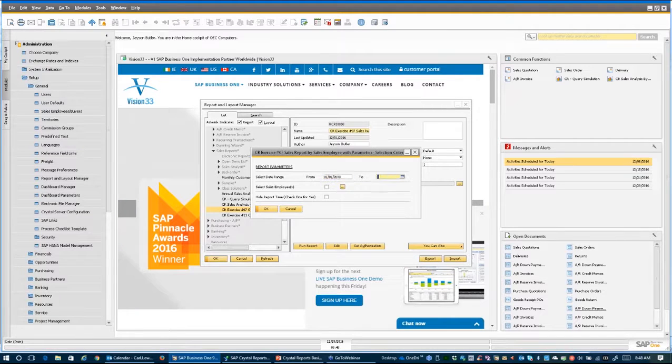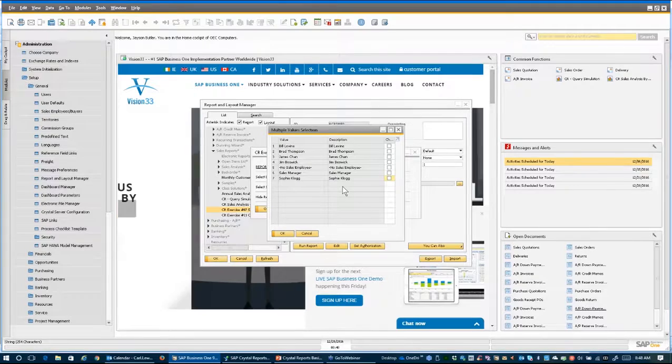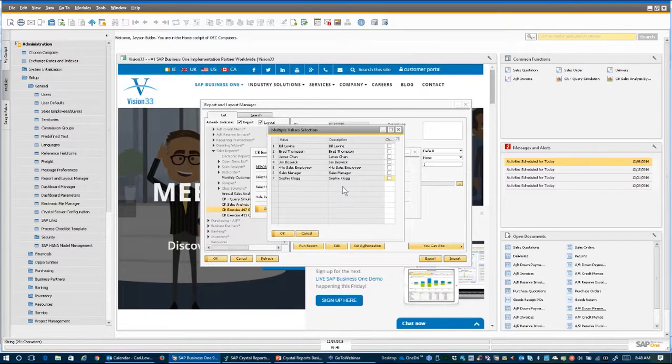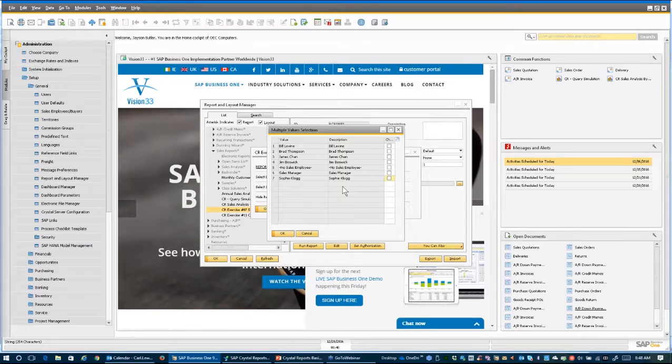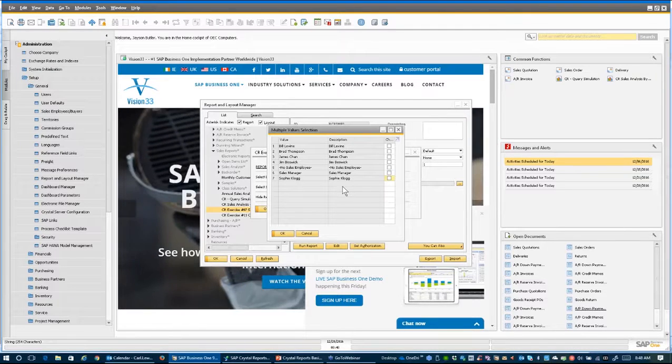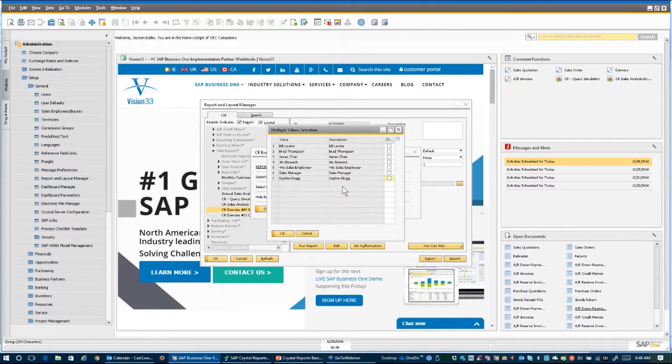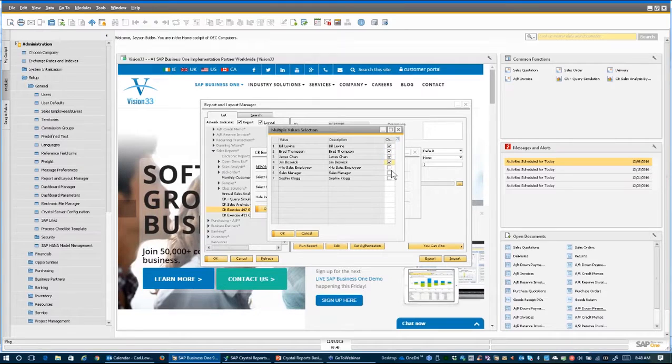So I can enter a date range for it. Now, remember I said when we set up the salesperson parameter that we told it that we wanted multiple values true. I want to be able to select multiple ones, and I want to be able to select discrete ones, but not a range. When I do that, I get this new checkbox capability that wasn't around until version 8.8,